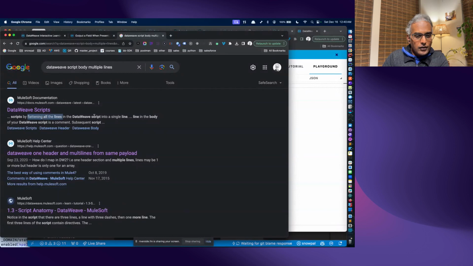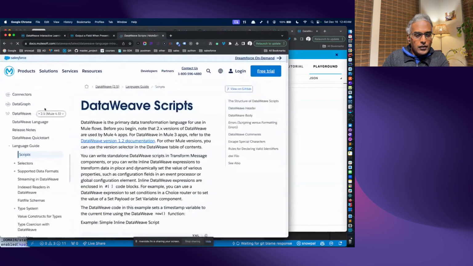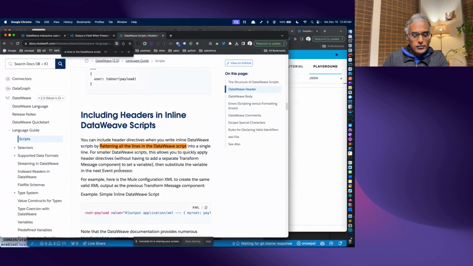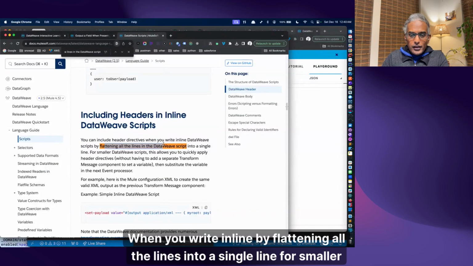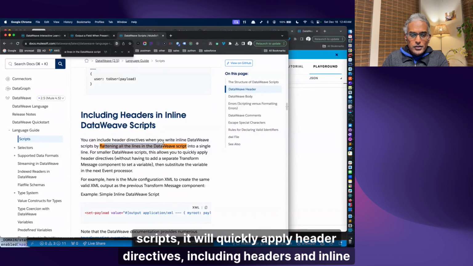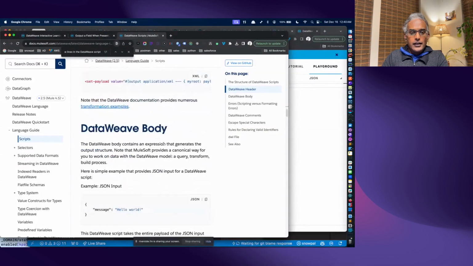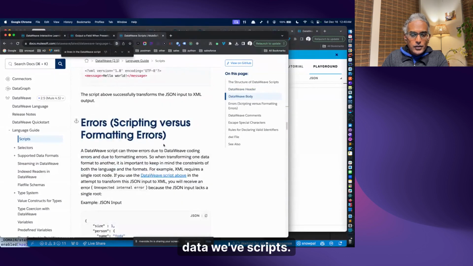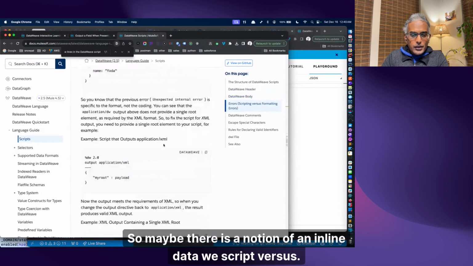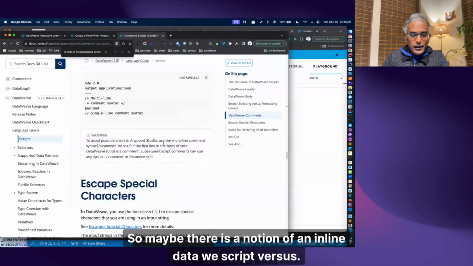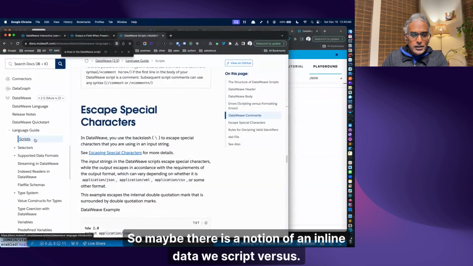Okay. When you write inline by flattening all the lines into a single line for smaller scripts, it allows you to quickly apply header directives, including headers in inline DataWeave scripts. So maybe there is a notion of an inline DataWeave script versus